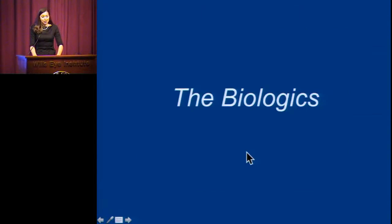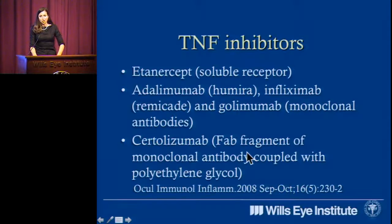And he said to me, well, I'm here to get my eye checked, and then I'm going to get started on these biologics because I know they're much better for my eye than any of the other therapies. And I started thinking about, well, who's told you that it's much better? And what we know about the TNF inhibitors, which is usually the big group of these that we use, is